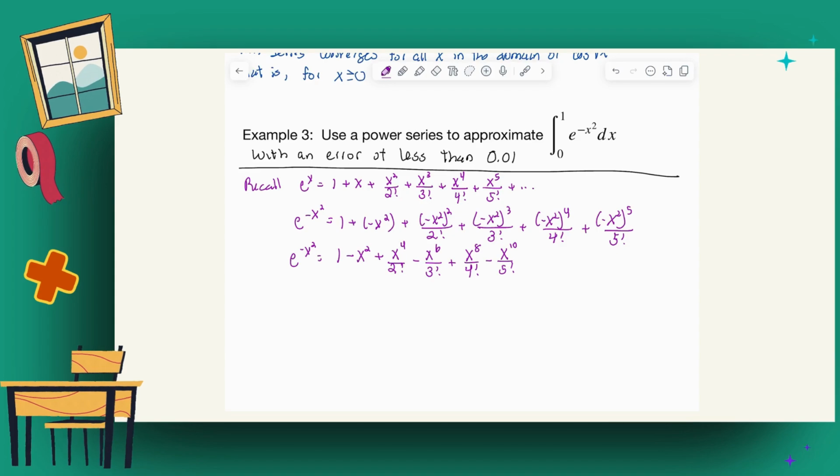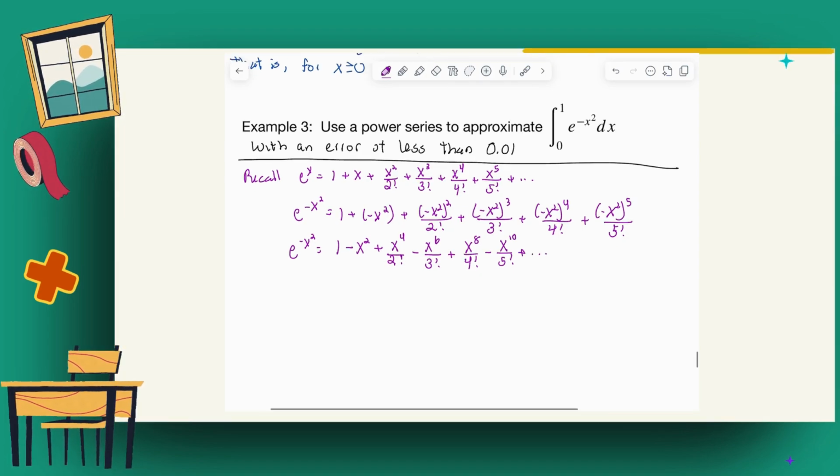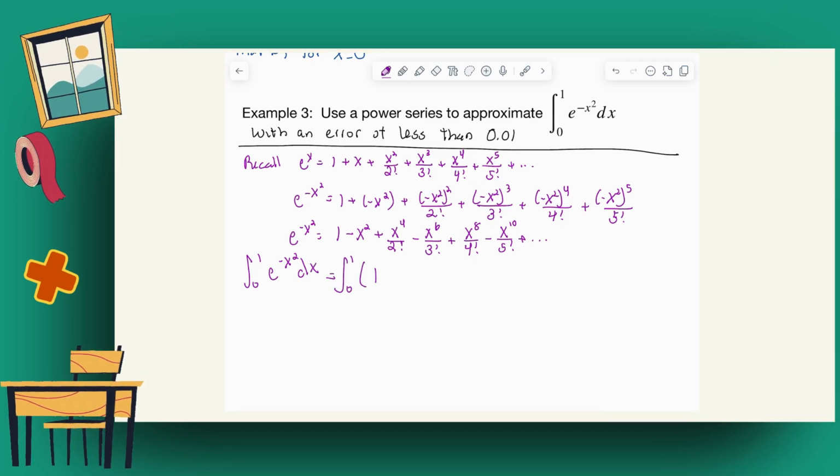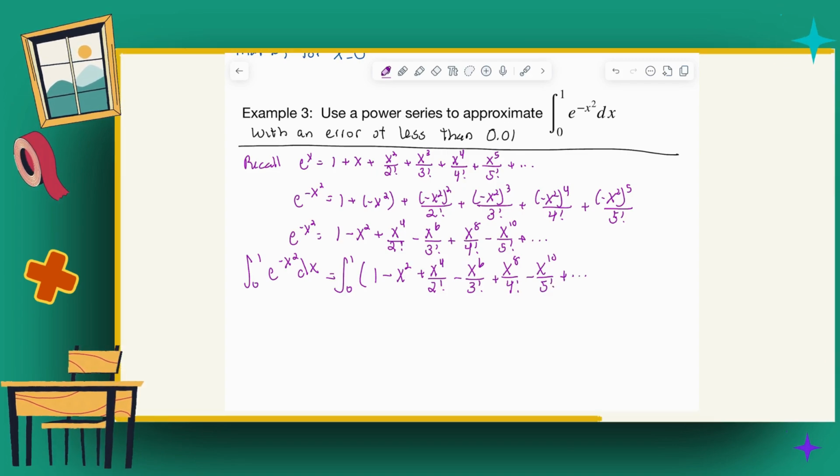Now, we can replace e to the negative x squared power with this polynomial. So we're finding the integral from 0 to 1 of this polynomial. So that becomes the integral from 0 to 1 of 1 minus x squared plus x to the 4th over 2 factorial minus x to the 6th over 3 factorial plus x to the 8th over 4 factorial minus x to the 10th over 5 factorial, etc. Now let's integrate each of these terms because it's a polynomial, so we can just use the power rule for integration. And we end up with x minus x to the